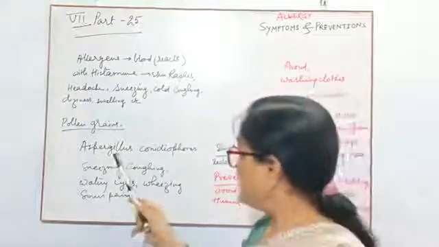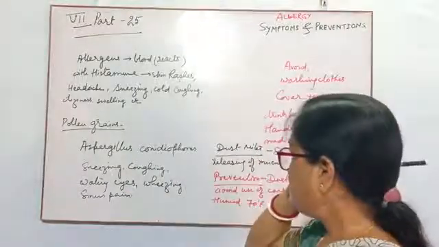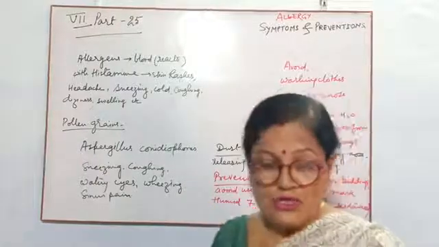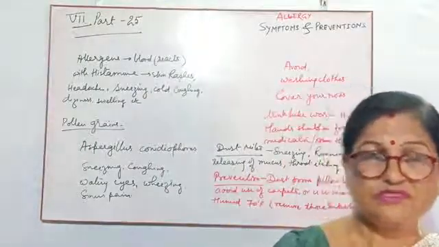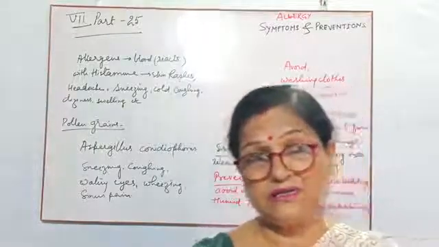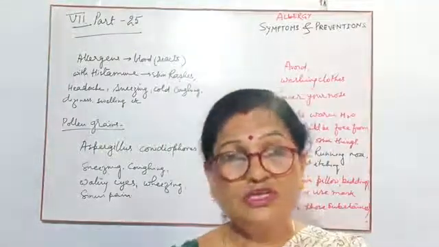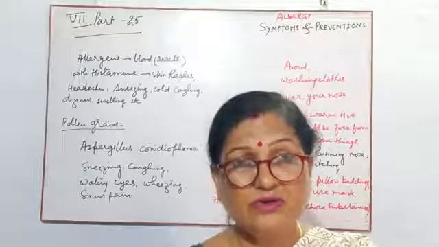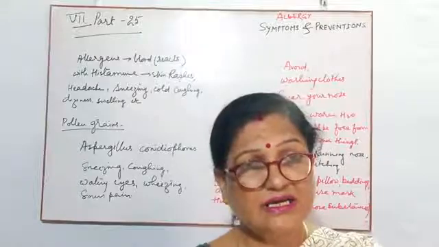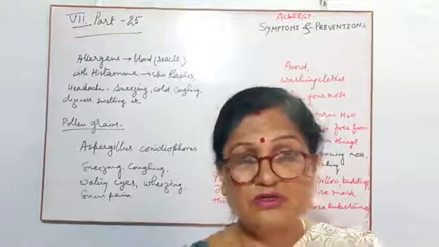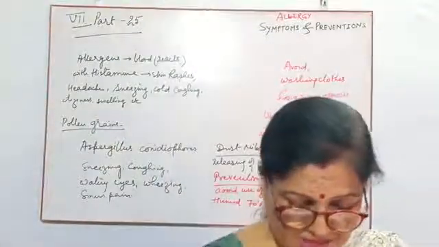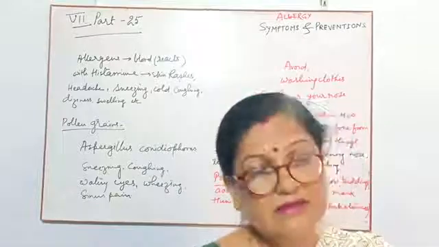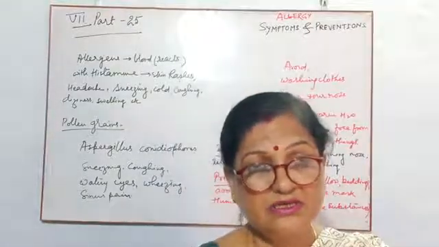Now one more example I want to give you, Aspergillus conidiophores. This is a type of fungus. Fungi have no flower at all, so they produce spores to complete their reproduction, to grow a new type of fungus or new race of life. That's why they produce spores. So these are the names of the spores of Aspergillus. Aspergillus conidiophore can also produce some allergy to us.